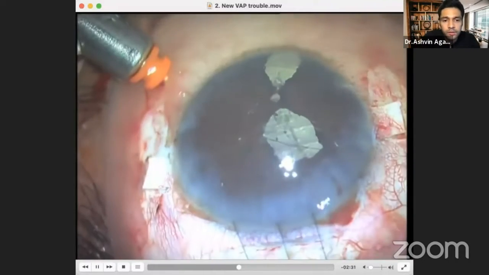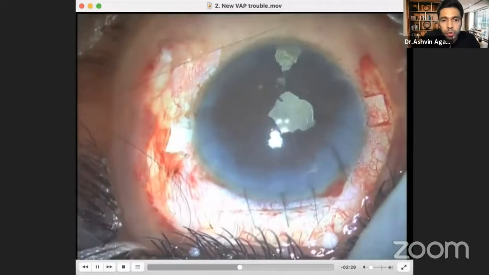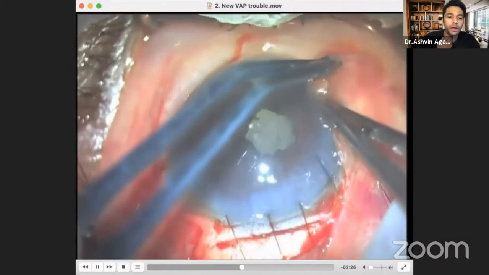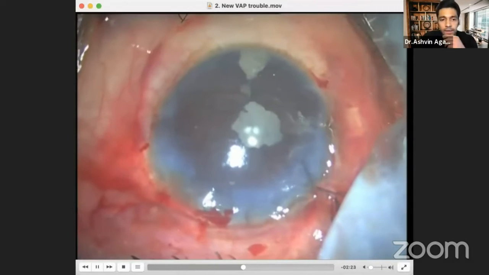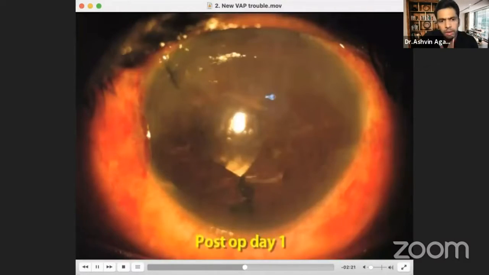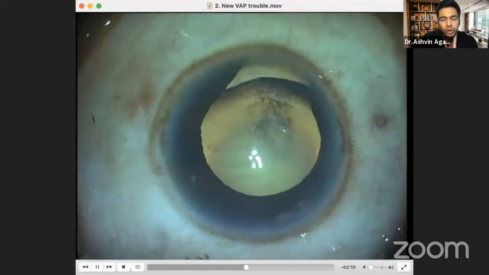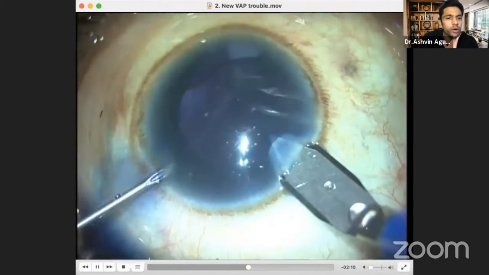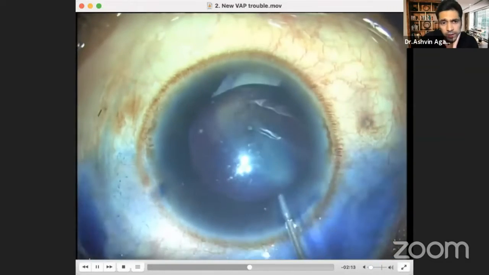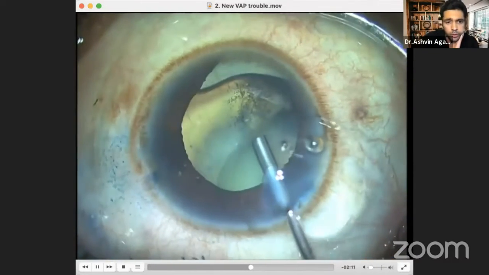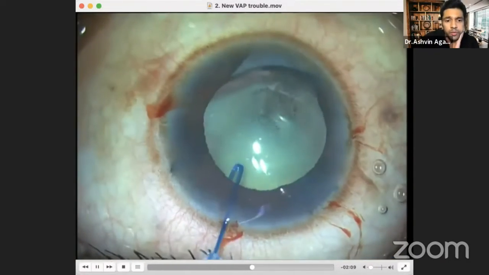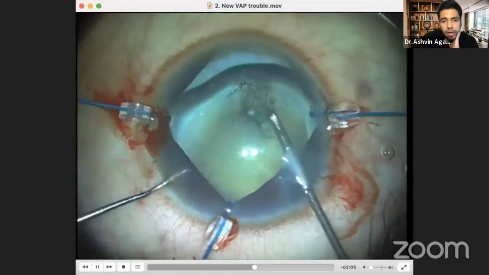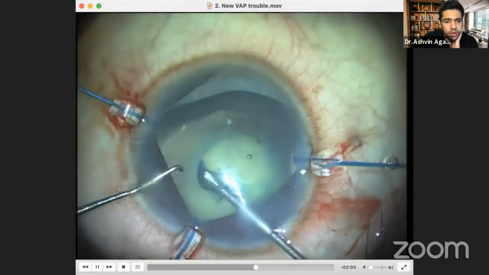But what I'm also showing here is basically how do you switch over from plan A to plan B. I'm going to show another case immediately post. I got this case about a month or so out, and it looked exactly the same. And that's why I wanted to show both these cases, and something that I learned in my previous scenario of how do you prevent this problem from happening. So the first thing I do is place my iris hooks, do my rexus, and I'll show you another trick which I think is important to understand.